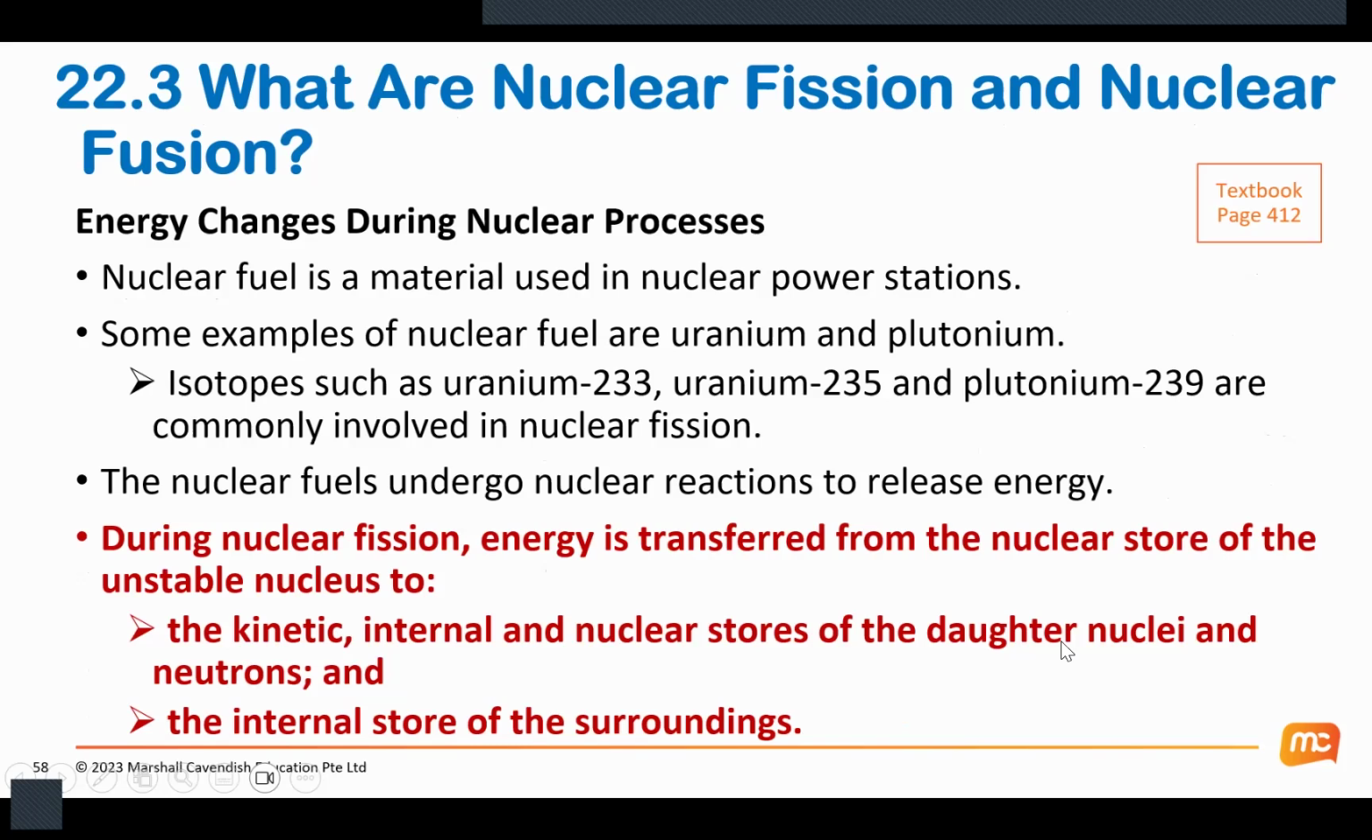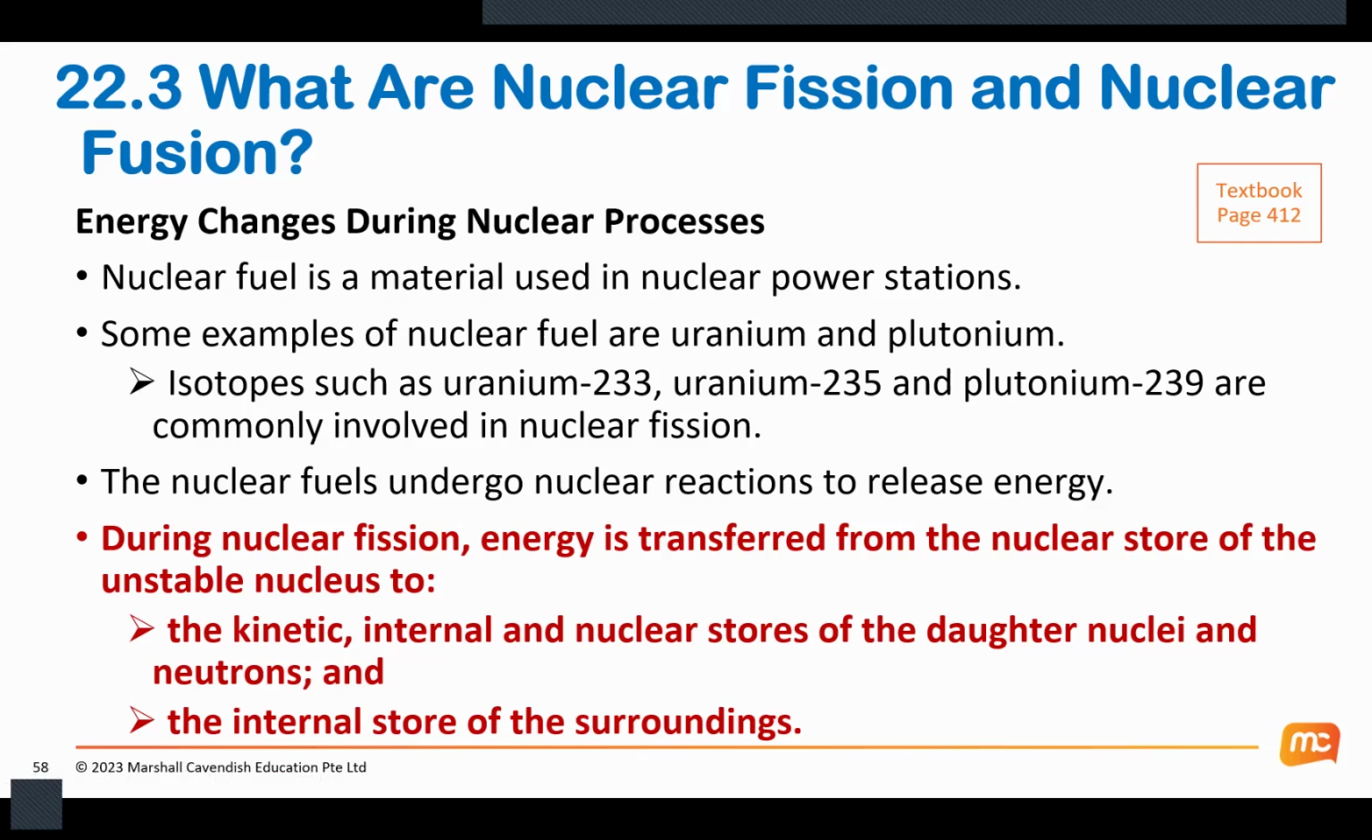So in the process of splitting up, energy is transferred from the nuclear store of the unstable nucleus into the kinetic, internal and nuclear store of the daughter nuclei, as well as the neutrons. The neutrons will be emitted out with kinetic energy. Then the next neutron will hit and collide with the next parent nucleus. So in the process, a large amount of internal store is being released as well and is channeled to